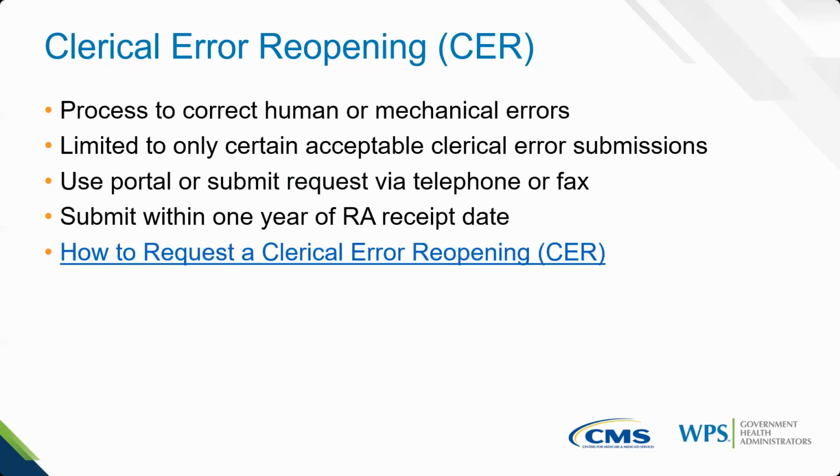Omissions include failure to bill for certain items or services. Examples of acceptable clerical error submissions are mathematical or computational mistakes, maybe a transposed procedure code or transposed diagnosis code, inaccurate data entry, perhaps misapplication of a fee schedule, or maybe even a computer error. All of these are examples of acceptable